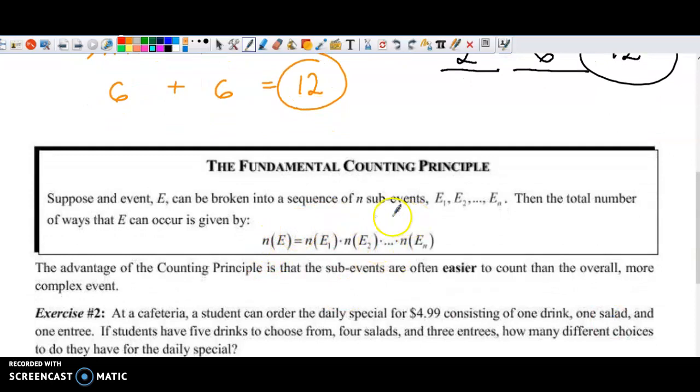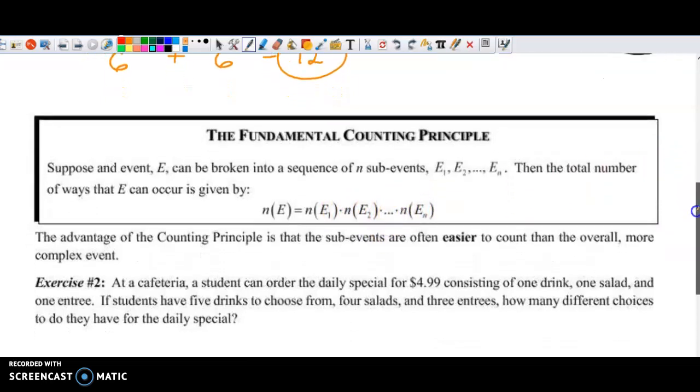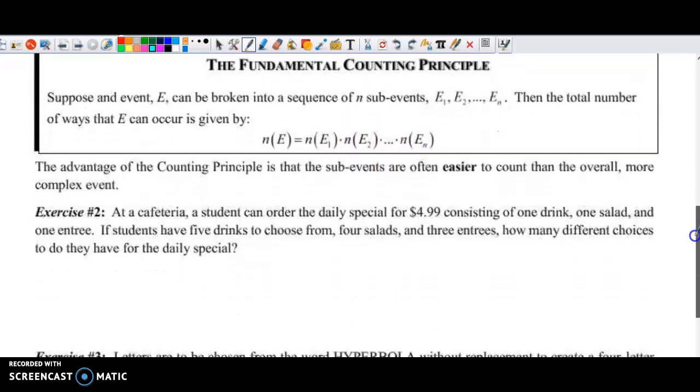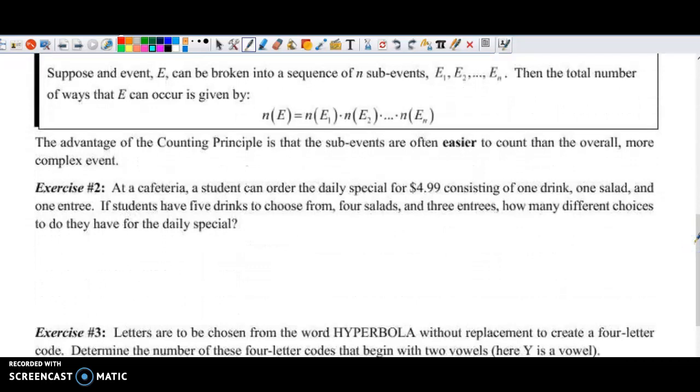It looks confusing, but if you want the total number of outcomes for an event, and the event is broken down as several different events, you take the number of outcomes for event 1 times the number of outcomes for event 2, so on and so forth, all the way till the end. So in a problem like this,